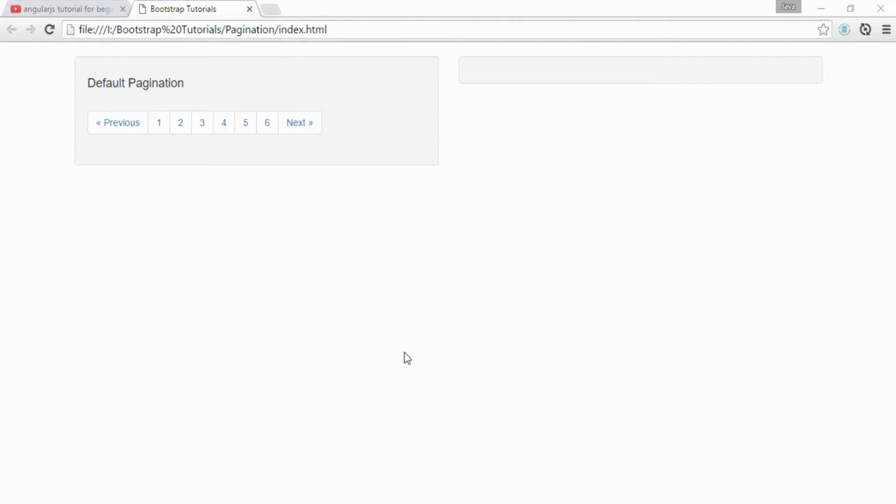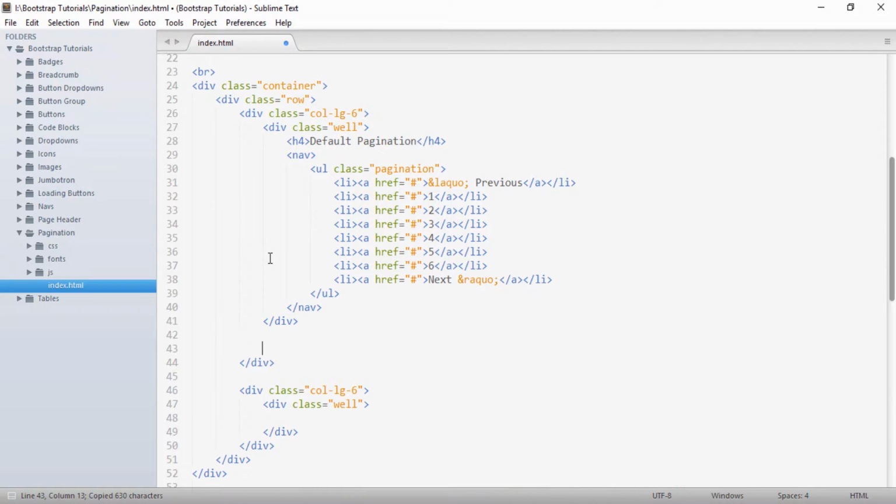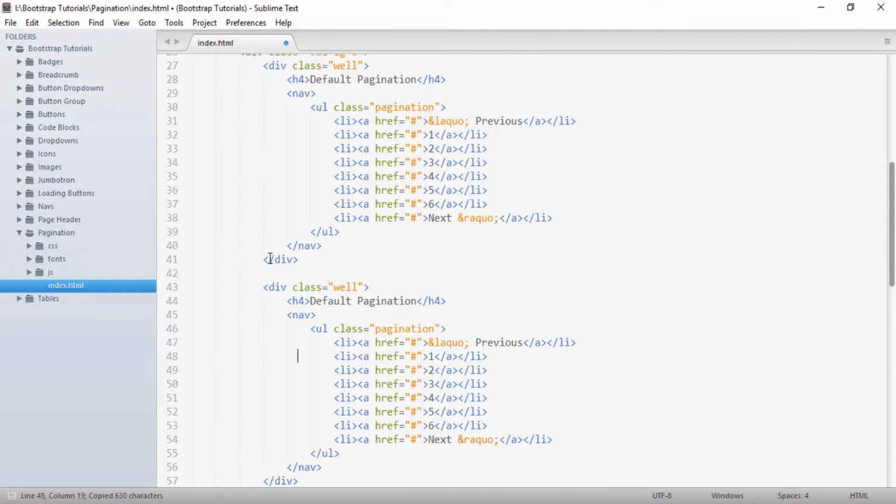Moving ahead, to this pagination we can also provide a disabled link or an active link. For that I will copy this well and paste it below, and here I will give it a heading as disabled and active state. Let's say currently we are on page 1, so that will be our active link.